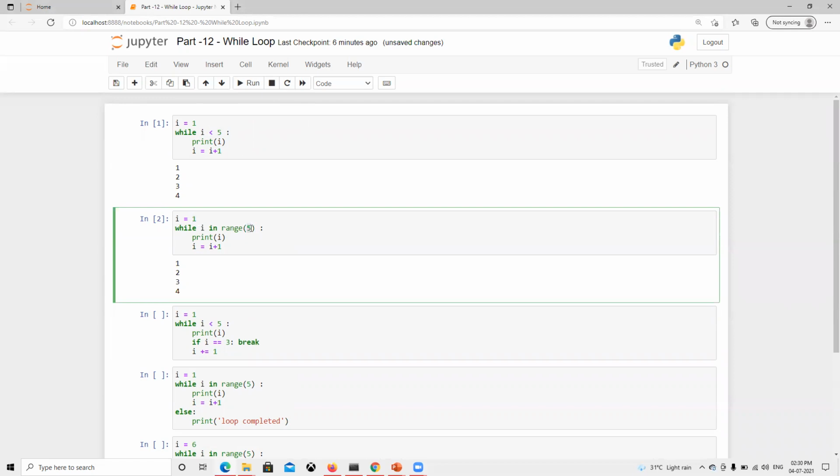And it's not going to consider the upper limit we provided, which is 5, so it's just like the condition less than. It's going to work only for that. So we can use the range function. Range is also used frequently whenever we work. So now we can achieve the same thing in two different ways.